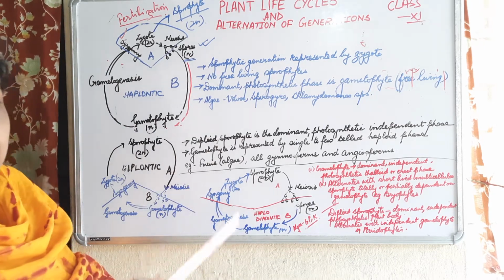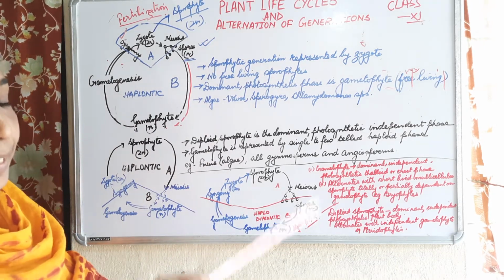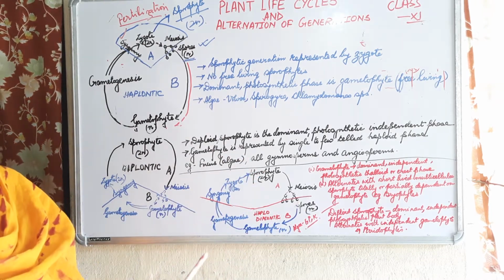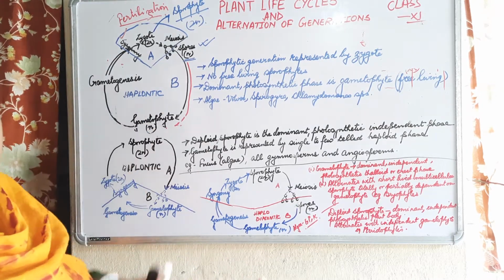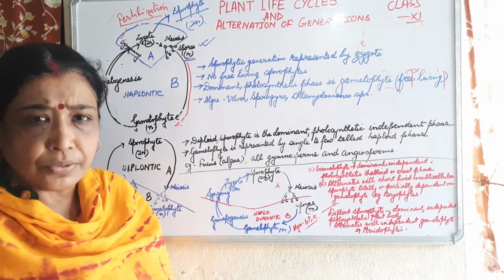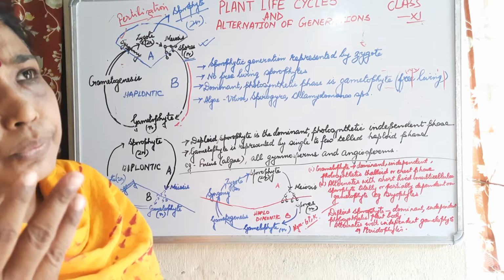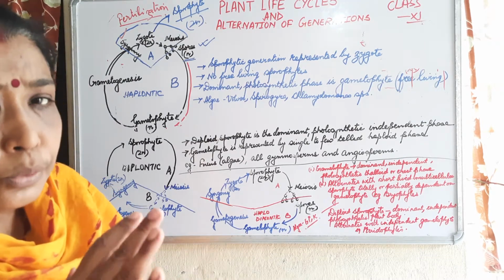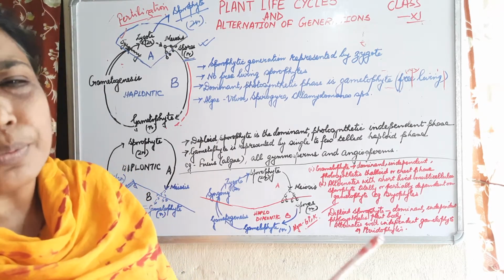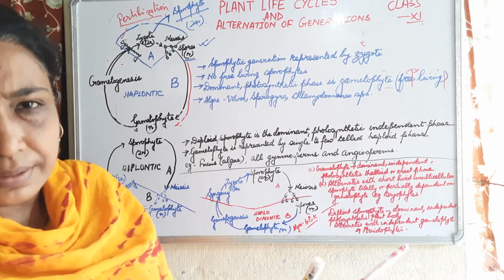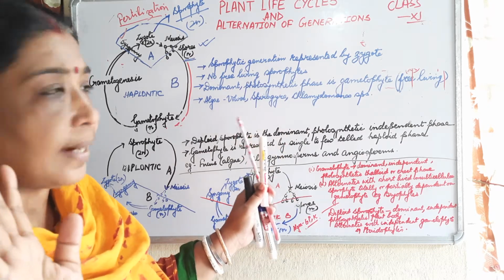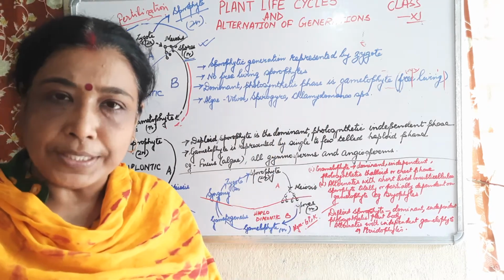The gametophyte is the dominant photosynthetic phase in its free living form. You have many examples among the algae: Volvox, Spirogyra, Chlamydomonas species. Chlamydomonas, Chara are there, so many things, but you remember only this much, no need of remembering more. Three examples, learn them by heart: Volvox, Spirogyra, Chlamydomonas species.